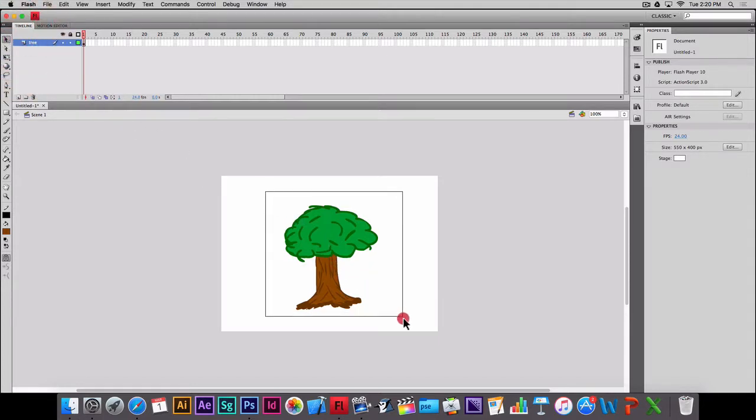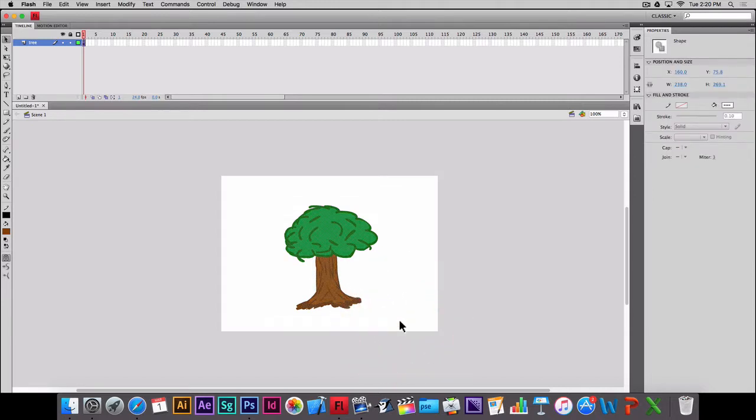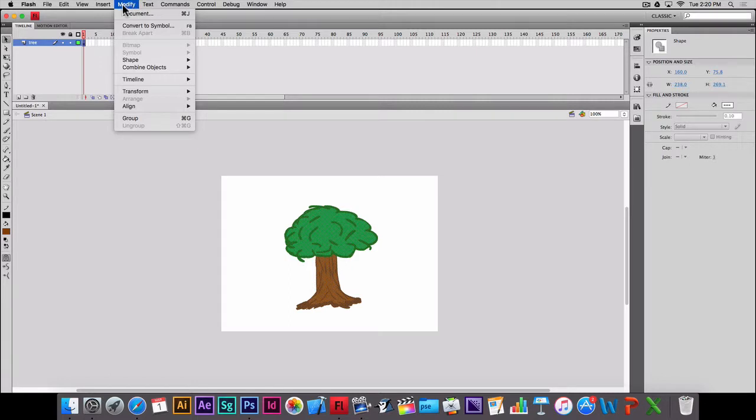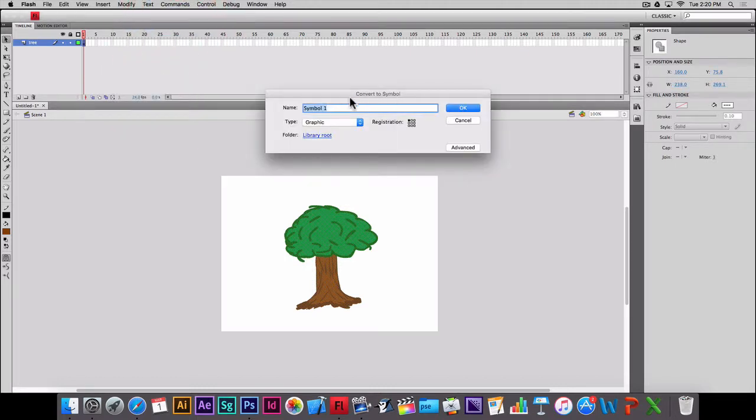You draw a box around everything or select everything that you would like to make the symbol. You press the modify button up here, choose convert to symbol. If you want to do the shortcut key, F8 is the shortcut key in order to make this happen. You click this and it brings up the convert to symbol dialog box where you can choose a